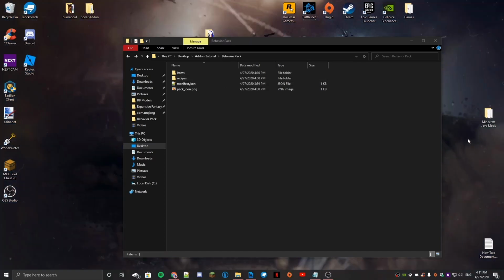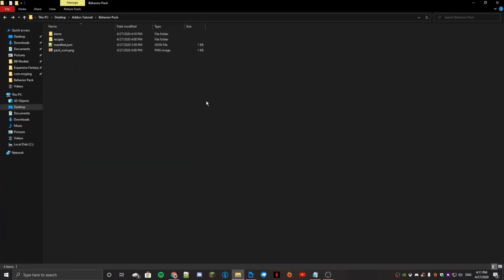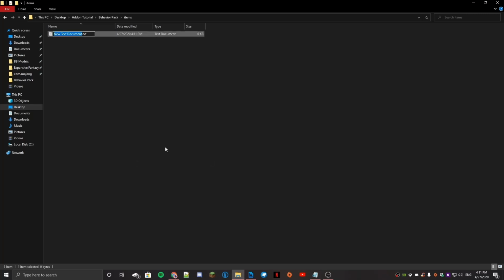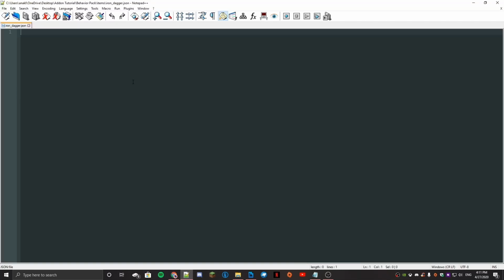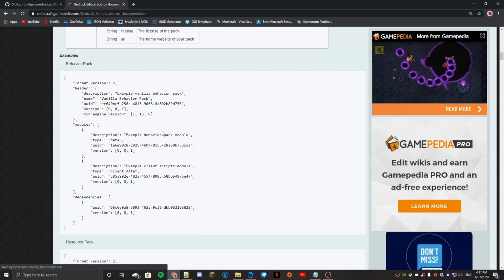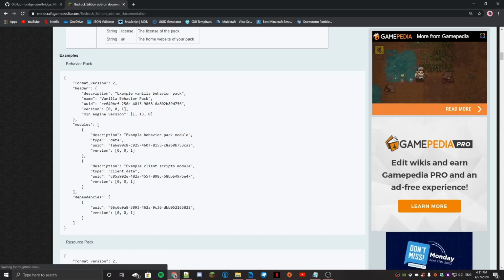Okay, so now that we have that organized, we are going to open the items file, create a new JSON file. So mine's going to be an iron dagger, pretty straightforward. Save it as a JSON, and then open this file up. Okay. Now for the format for an item,